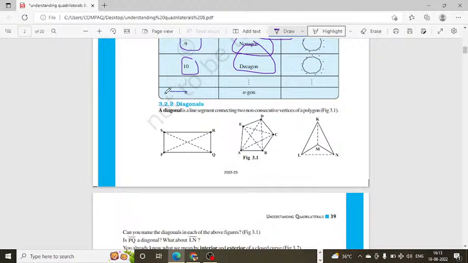सो आज हम लर्न करेंगे कि डायगोनल्स क्या होते हैं. सो लेट्स गेट स्टार्टेड. सो यहाँ पे दिया हुआ है कि अ डायगोनल इज अ लाइन सेगमेंट कनेक्टिंग टू नॉन consecutive vertices of a polygon. So यहाँ पे आप देख रहे होंगे, it's a quadrilateral. It has got P, Q, R and S. The quadrilateral P, Q, R, S, जिसमें आपका जो सबसे पहले मैं आपको ये बताऊंगी कि